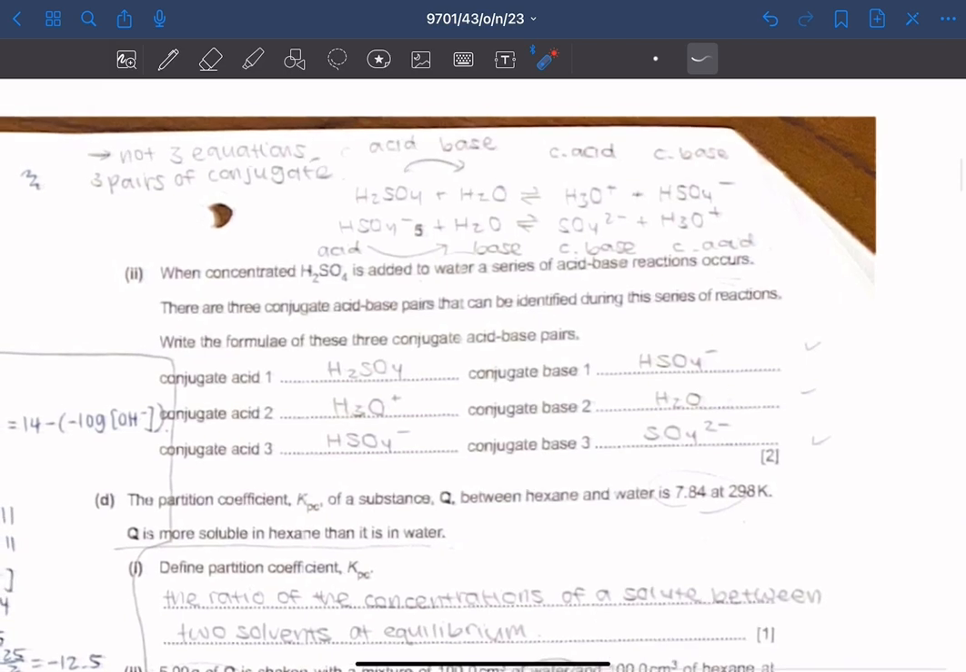Next question, II. When concentrated H2SO4 is added to water, a series of acid-base reactions occur. There are 3 conjugate acid-base pairs that can be identified during the series of reactions. Write the formula of these 3 conjugate acid-base pairs. So, we can first write the equation between H2SO4 and water. H2SO4 is added to water to form